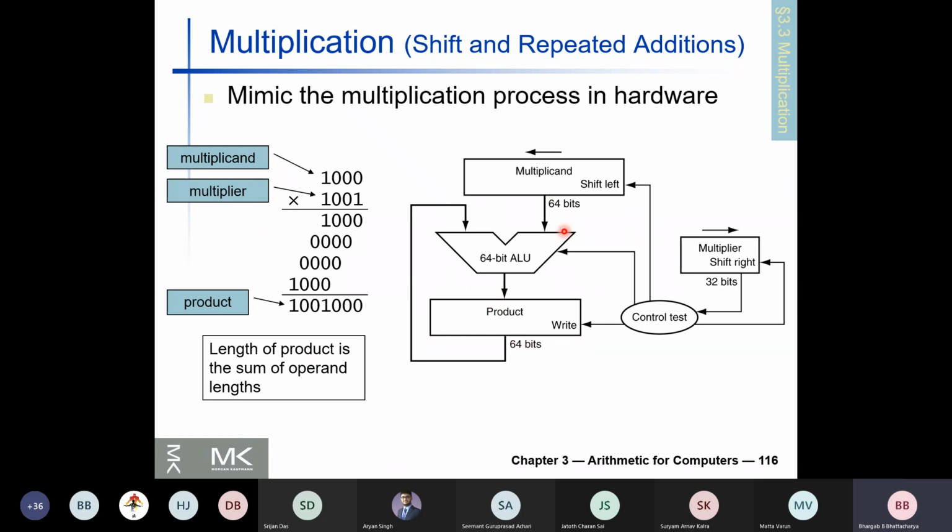So since in MIPS architecture the ALU is available, the registers are also available, and the shift operation is also available, we can do away with this AND array. We don't need this AND array to create the partial product. But as you see, this is essentially a sequential process. So you have to wait for 32 cycles anyway in order to complete this product. Okay, so let us look into this in a little bit more detail.